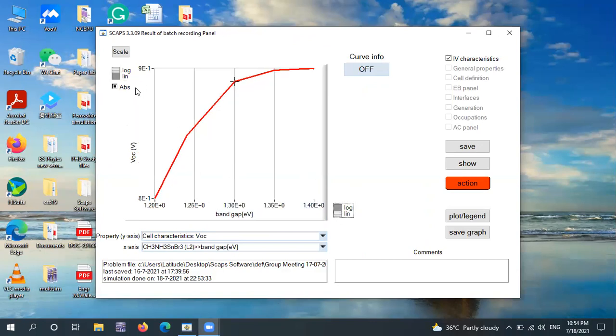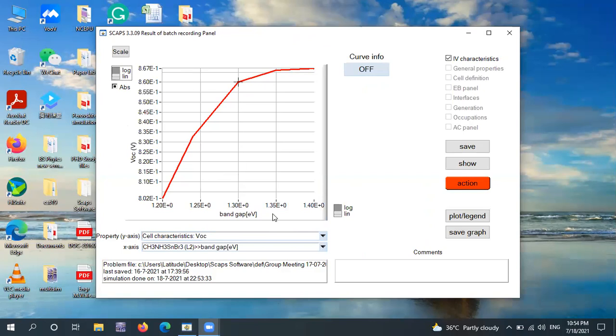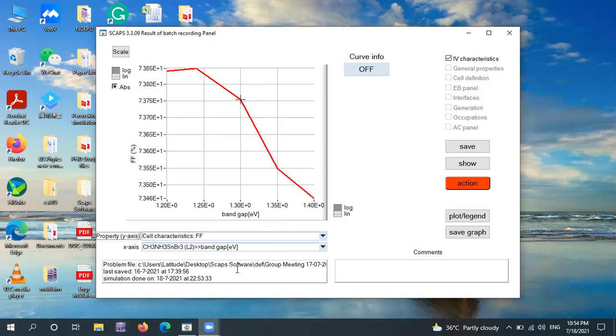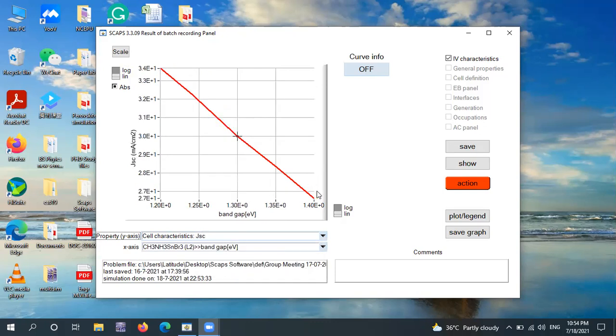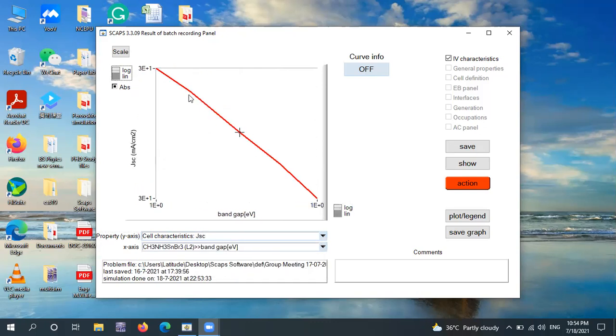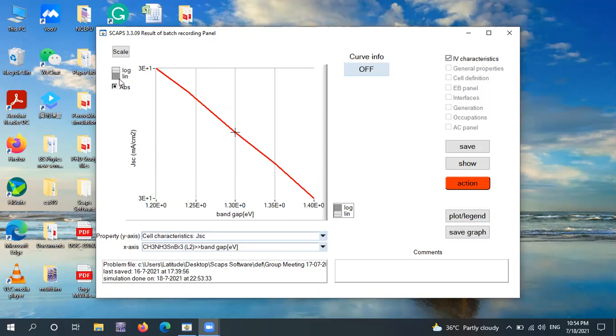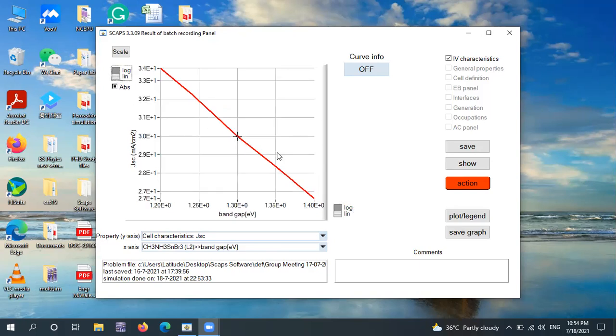As long as the band gap value was increasing, the VOC value was increasing. Similarly, I can check the effect of the band gap value over fill factor. You can see the fill factor, and I can also check the value of the short circuit current. So this was the second key analysis related to batch setup and record setup,